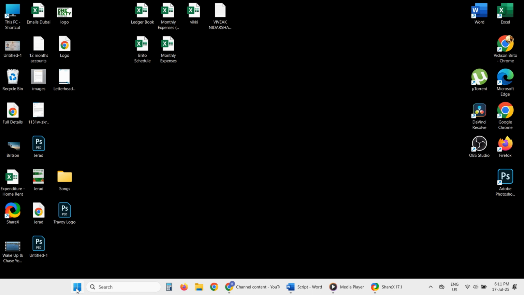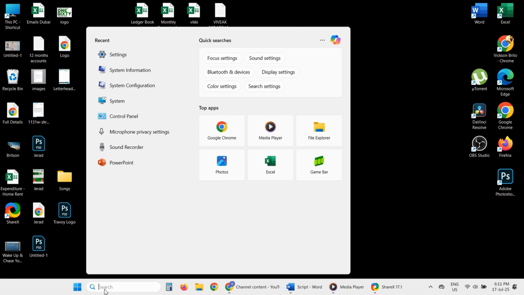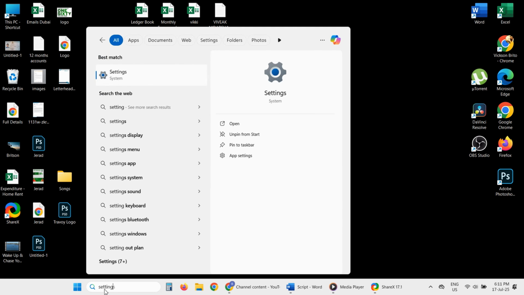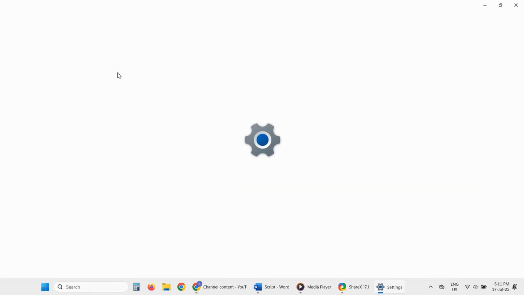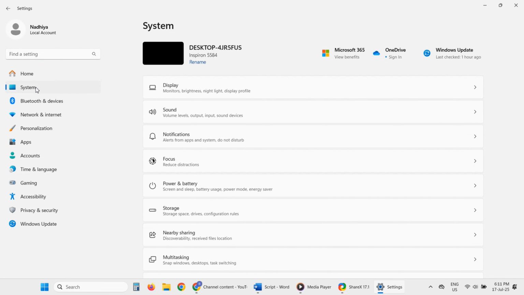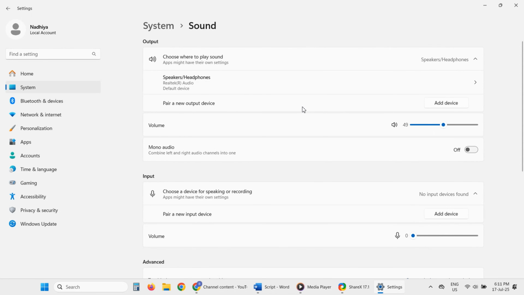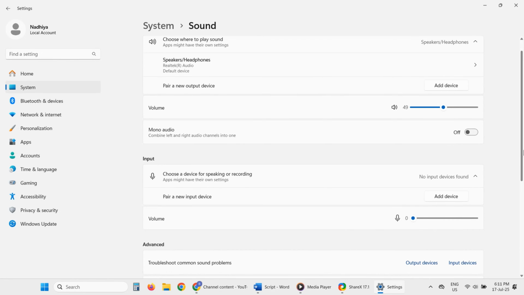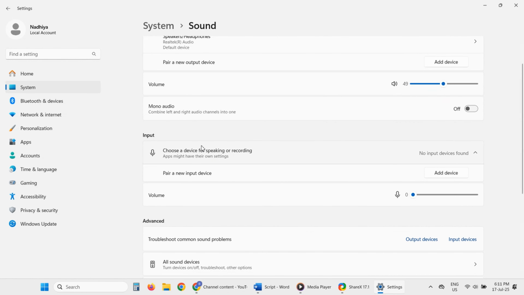So what you have to do is go to settings. In the search bar, you can type settings and click on settings, and then go to system and then click on sound. When you go to sound, in your input, you have to have a thing called